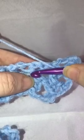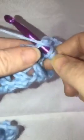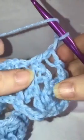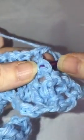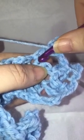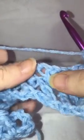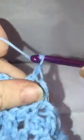Find your double crochet and come up here to the top. Do your double crochet, chain 1, yarn over, and then come back here. So you'll skip this one and come in through this one. And do your double crochet. And then we come here, we've got our next one here. Follow this up. Do your double crochet, chain 1,